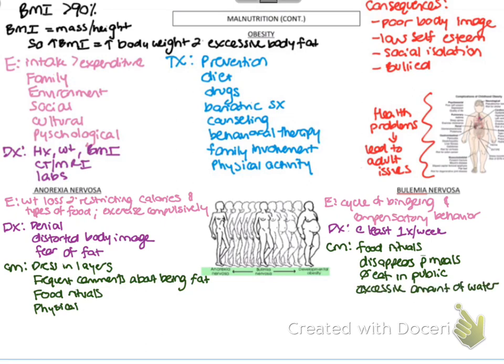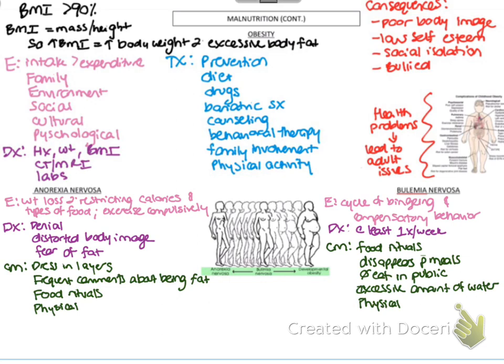And they drink an excessive amount of water. And they also have those physical signs and symptoms. Oftentimes with them, because they're vomiting, they have breakdown behind their teeth. So that's why it's really important as you're getting a history and you're doing your physical exam to get a really good exam of the mouth, because you'll see ulcerations and breakdown behind the teeth because all that acid coming out, it breaks it down.